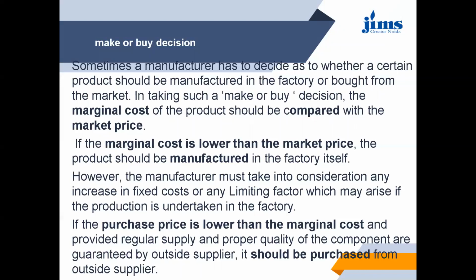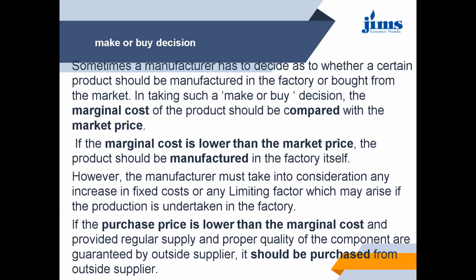So, whenever the company or the manufacturer wants to take such a decision, they have to compare the market price of the product with the marginal cost of the product which is to be manufactured. We can take the decision on the basis that if the marginal cost is lower than the market price, then the product should be manufactured in the factory itself. Obviously, when the cost of manufacturing is less than what we are getting from the market, we should manufacture that. However,